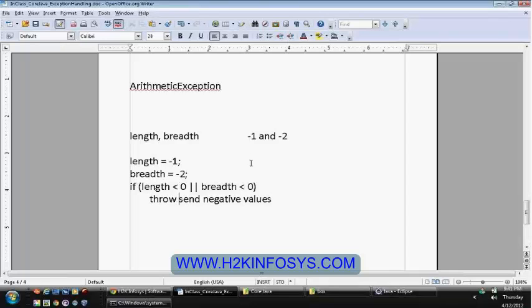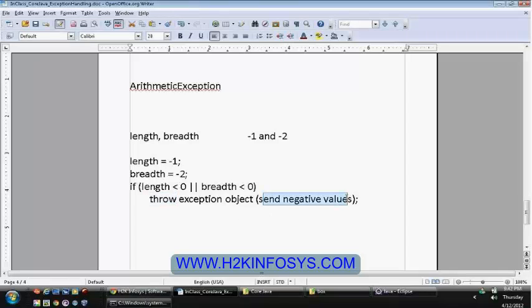And you'll specify that you are sending negative values and I can't process negative values, and you'll specify that particular message with the exception object. So you need to construct an exception object with some message, and you need to inform the client by specifying this message.